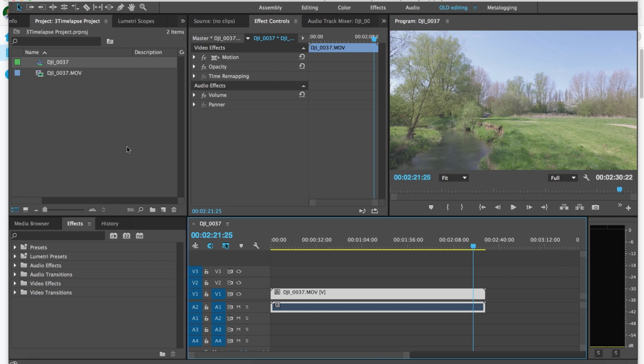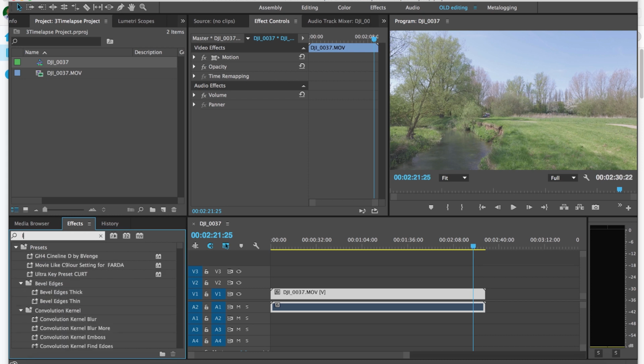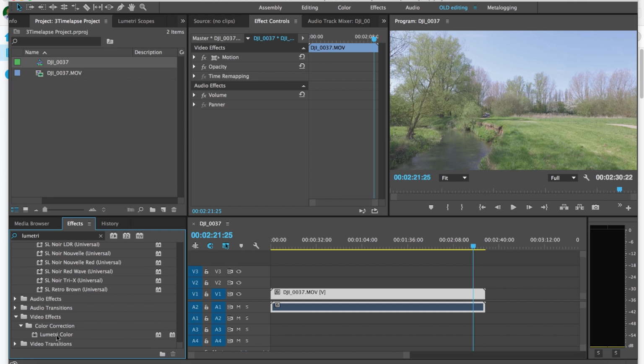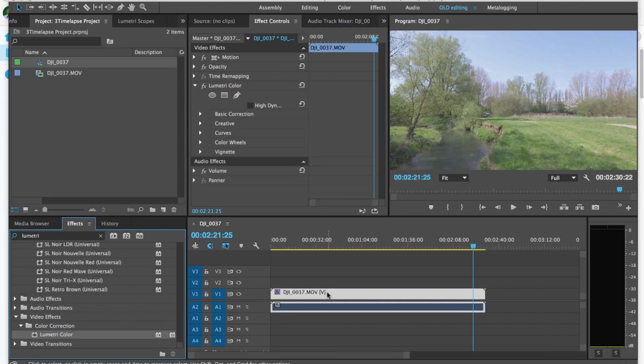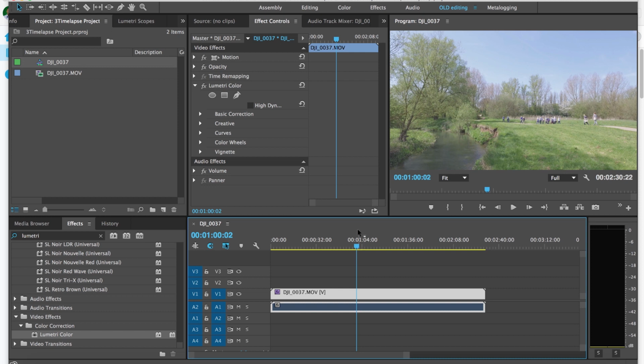Now, because we've shot this in the DJI Osmo's D-Log format, we've got the freedom and flexibility to color grade it even further and really make these colors pop. All I'm going to do is call up the Lumetri Color effect and drag that. In this case, I can drag it straight onto the footage because there's nothing much we're doing apart from applying color correction. I want to come to about the middle of the video, which represents the middle of the color scheme we want here. And then in the